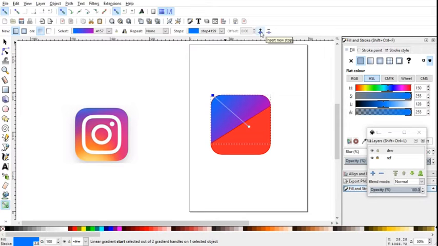You either press the plus or the minus to take it off, the plus to add it. So if I just click it once, there we have another stop added. So I'm just going to choose a different color for that. I'll change it to a pink purple sort of color. Yeah, that looks good. Now